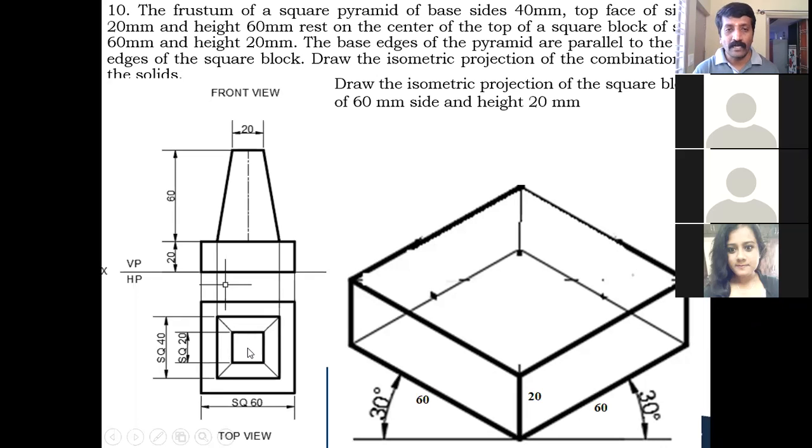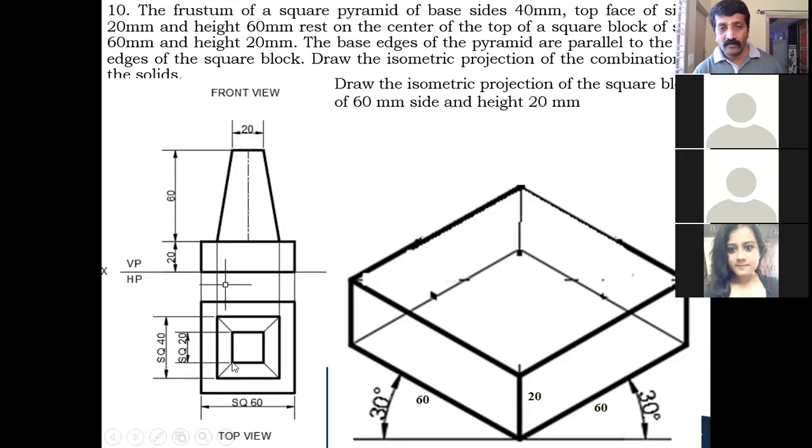Similarly, with the same center, you already have horizontal and vertical lines from the center. So what is the top side dimension of your square pyramid? 20 millimeter. Half of that means 10. You take 10 millimeter upward, downward, and 10 millimeter right and left like this. After marking it, you draw the vertical line from this point and this point, and the horizontal line from this point and this point.